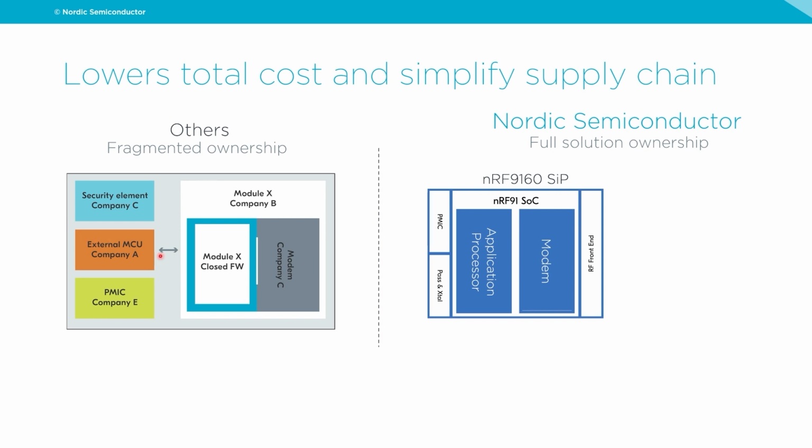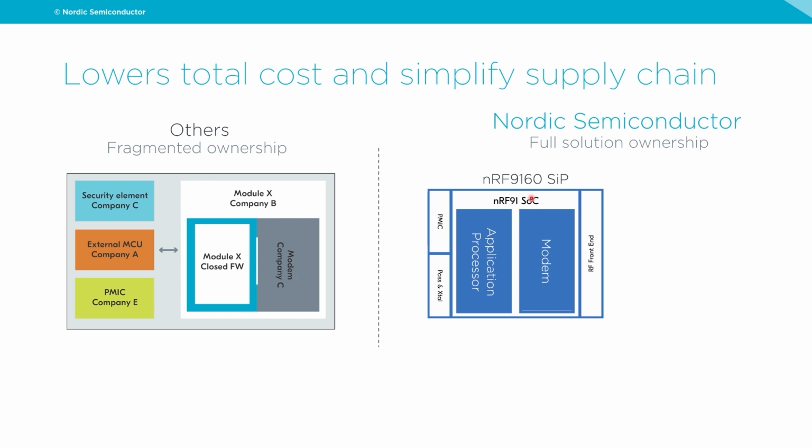Because in the traditional approach, with each of those components you'll have a different vendor behind it, which gives you fragmented ownership. So your supply chain, your BOM has more lines, but also, if you run into issues in the field or even during development, it will be a more complicated thing to solve because often you have to talk to, for example, a module vendor, but the module vendor is not the chipset vendor. So then the module vendor needs to talk to the chipset vendor. And then sometimes there's a bit of back and forth on where the issue is. And all of this delays the actual time to resolution of whatever issue you might be observing.